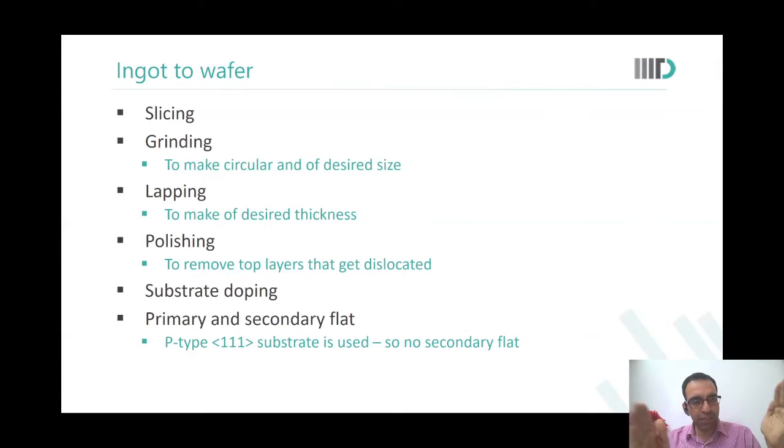You pull it out, and then you say that, okay, now at a stable speed, I will pull it out so that all the crystals are that 12-inch, approximately 12.5-inch wide wafer there.